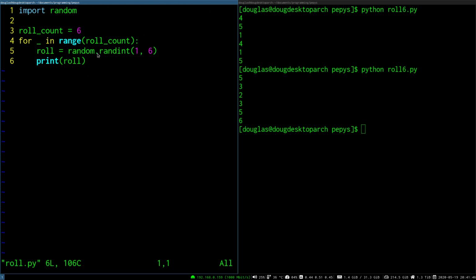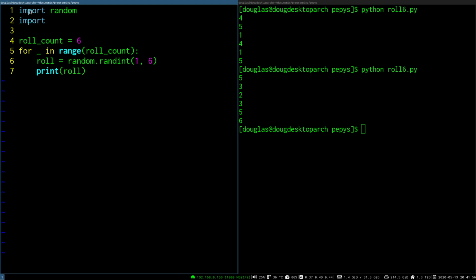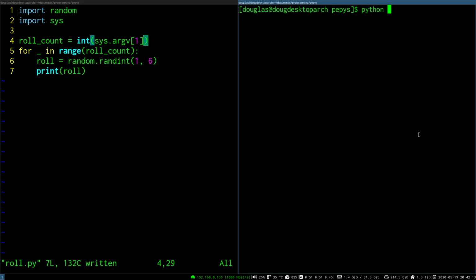And in roll, rather than having a fixed number of times that we roll the die, let's allow the user to specify. And we'll do that by using a command line argument. So I'm going to go ahead and import sys. And I'm going to make this equal to the first argument converted to an integer. So this is going to allow me, the user, to specify how many times I want to roll this dice, or roll this die. For example, if I call roll.py